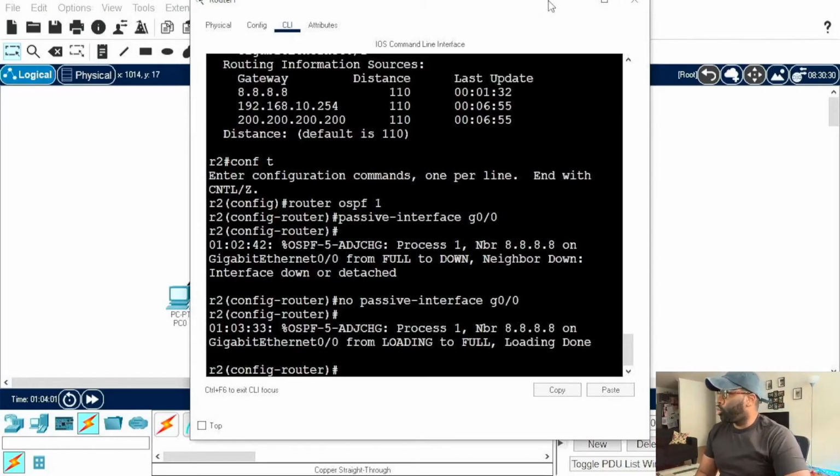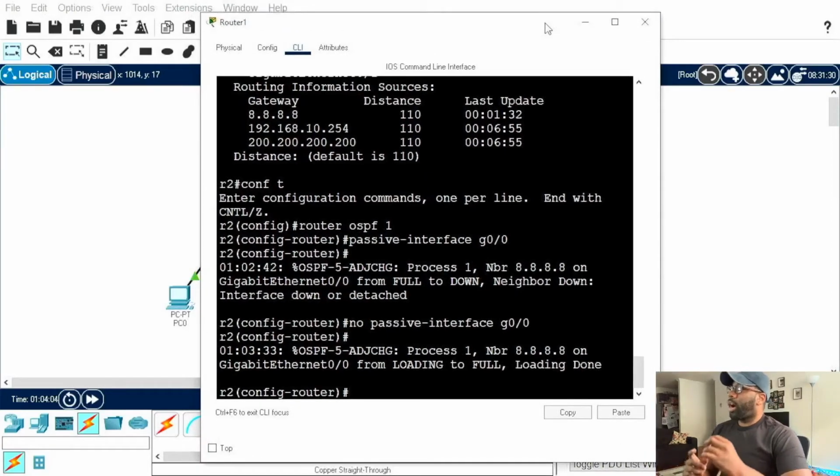Now I want to show you, I think, one more thing. So I showed you how to configure. Let's just recap real quick. We talked about the basics of OSPF, right? We talked about link state routing protocols, distance vector routing protocols, and setting up the basic network, right? And again, I appreciate OSPF so much because, as you can see in this video right here, I